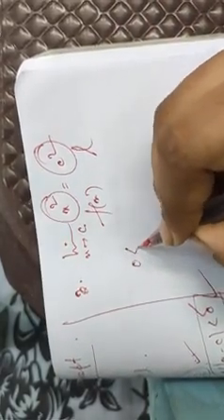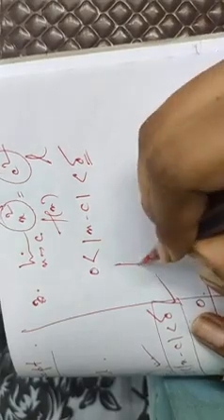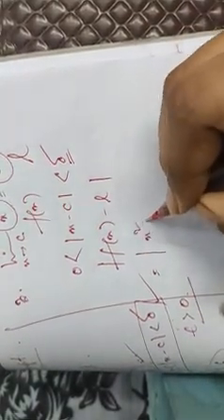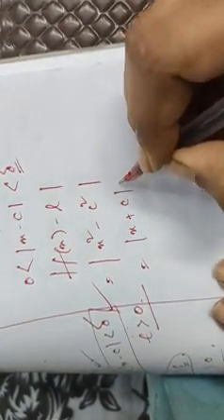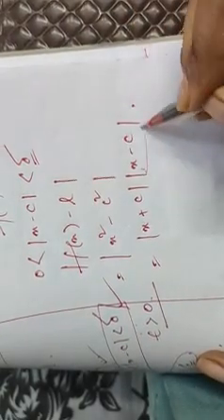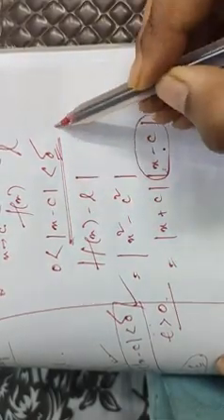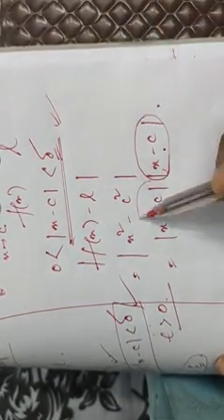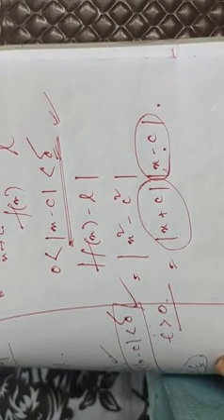We have 0 less than |x - c| less than delta. We don't know the value of delta; we have to find it. Starting with |f(x) - L|, that is |x square minus c square|, so it will become |x + c| times |x - c|. Now instead of |x - c|, we can put delta, because we have this inequality in our hand. But we don't know what to do with that |x + c|. We can't bound it like this because x is a variable.